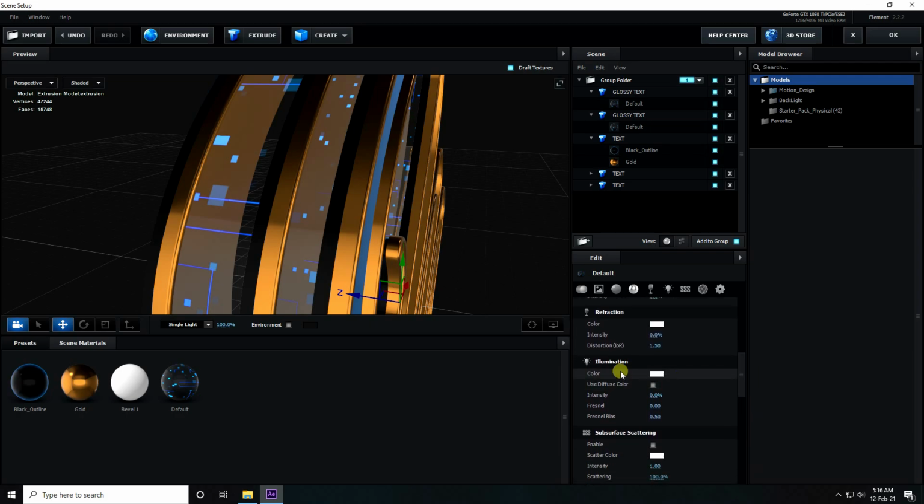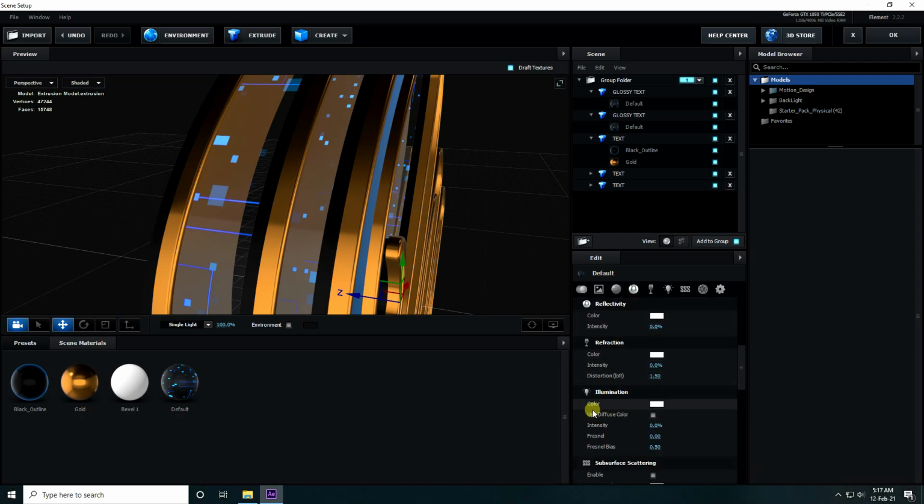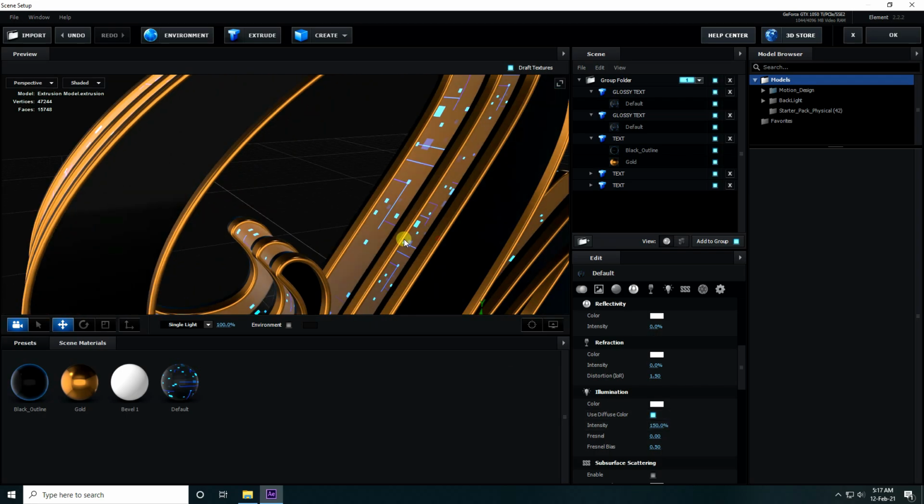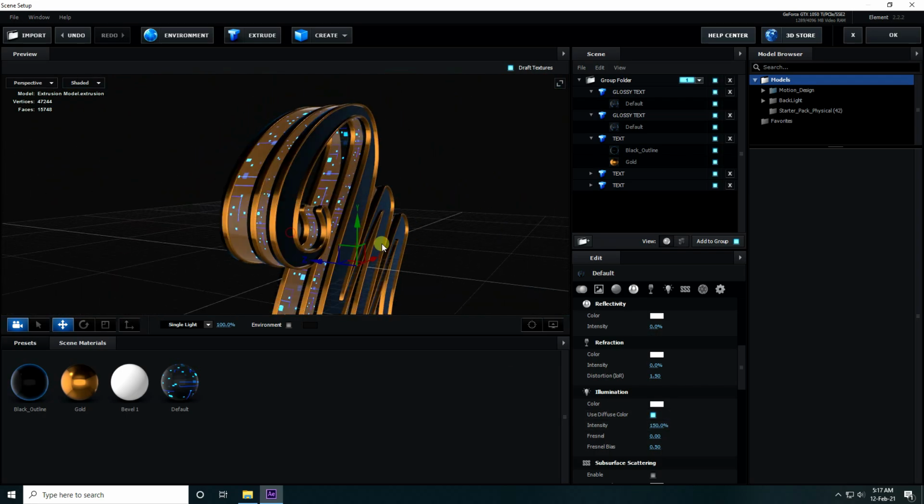Click on here, this one, check use diffuse color, and intensity I take 100%. You can increase the intensity depending on your work, like 150. Yeah, also good.